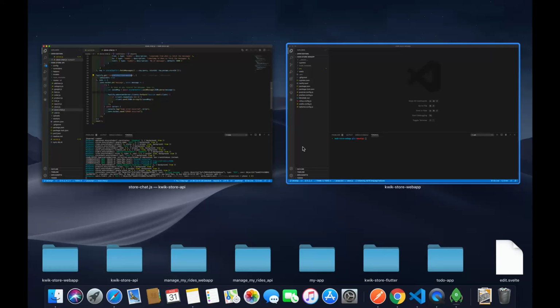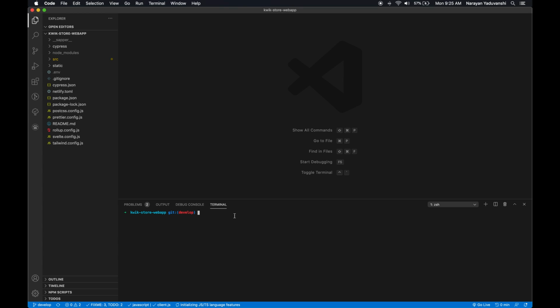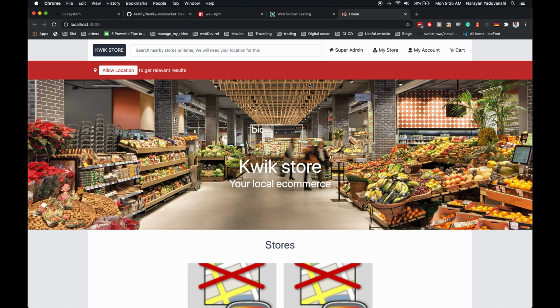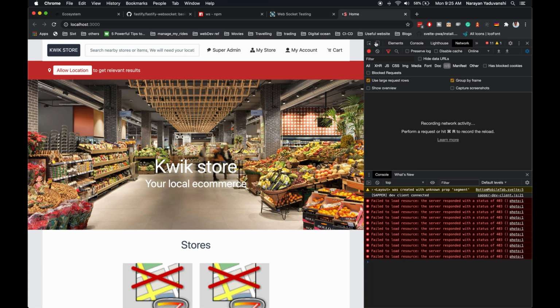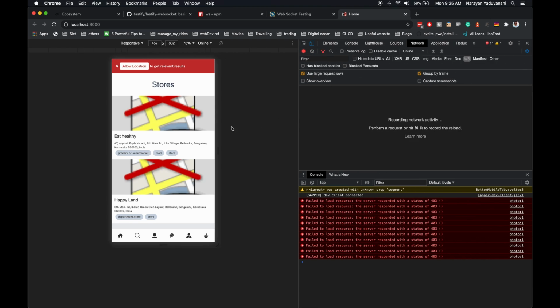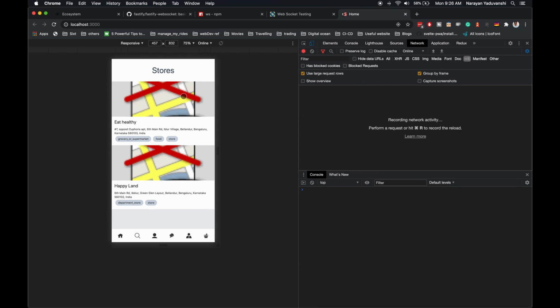Now let's see a demo of it from the front end application. I am going to run my front end application, and click on it so that it takes me to that URL. Now my app is open. I would like to go to a mobile view. This is a Sapper application. Sapper is a framework built on top of Svelte, and this is my stores list, which are nearby.